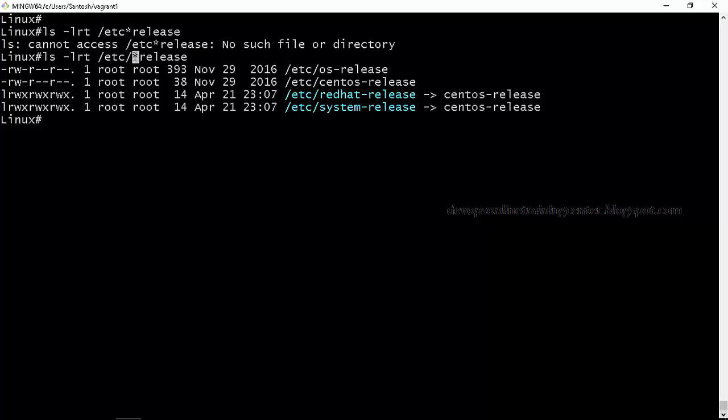When you do ls -lrt star release, it basically prints whatever matches, right? So here, what are the things matched? All the files which are ending with release are matched. So that's why it is printing all these files. So star is a meta character that matches 0 or more occurrences. So when release is there and it is ended with 1 release, 2 release, 3 release, or ABC release, something like that, it will match and it will print the output on the screen. Okay, so these are called wild characters or meta characters.